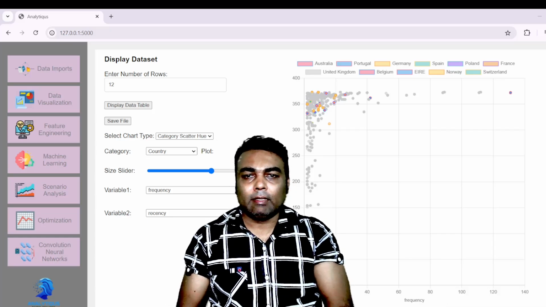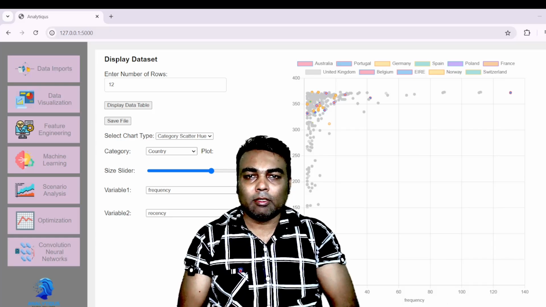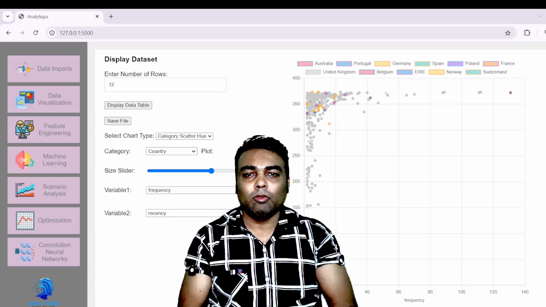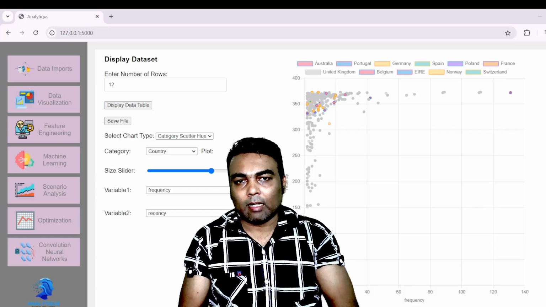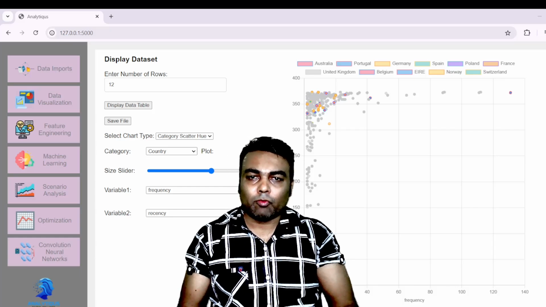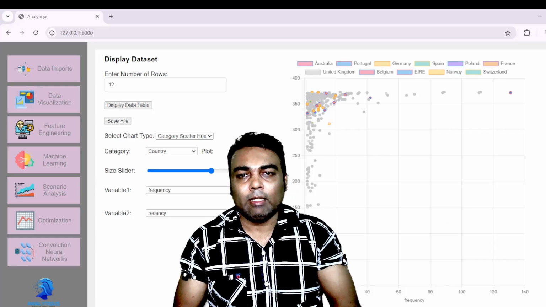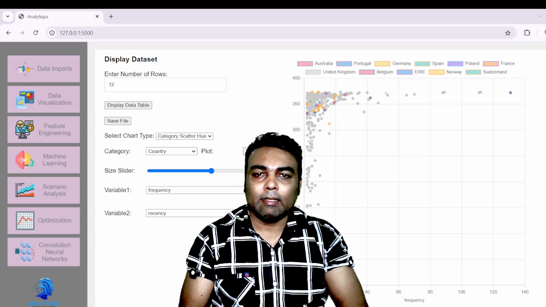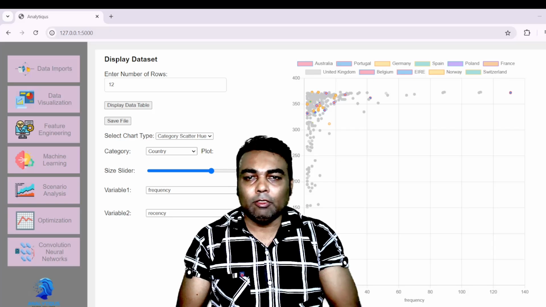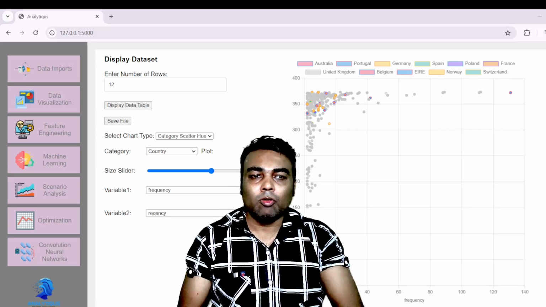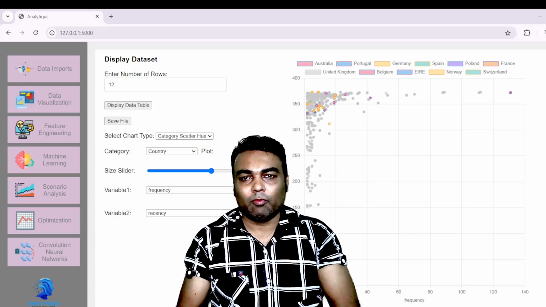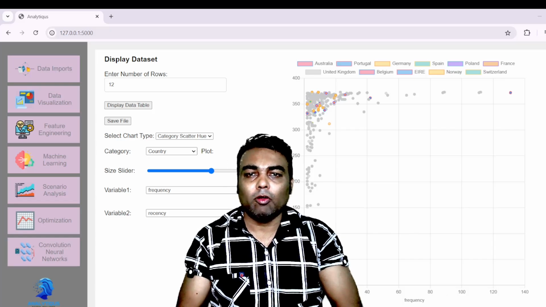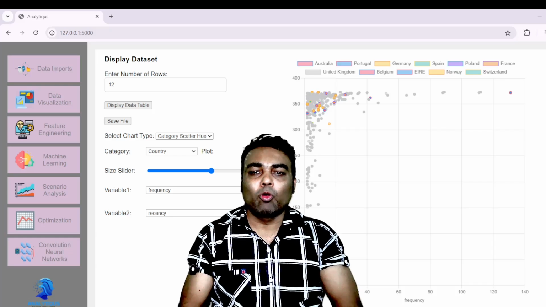And not only that, you can also make a CNN model or LSTM or RNN model. So this software has very good capability that you can use in your day-to-day work without becoming a code expert.